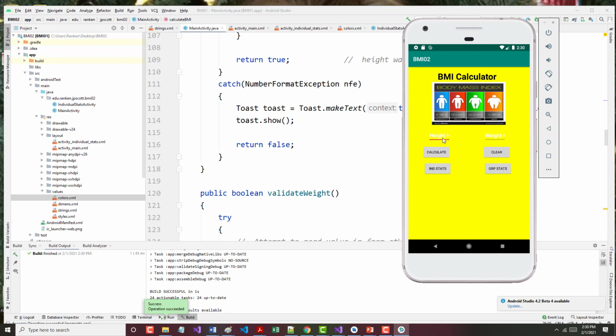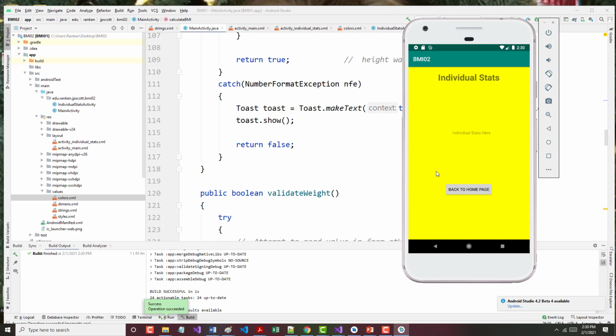Okay, and I'm still not sure why that's not black, but the hint text, I guess I must have changed the color on the hint text. But 72, 111, calculate works, clear works, and magically I go to my other page. All right. This doesn't work yet, and there's nothing on here yet, but we're going to fix that right now,